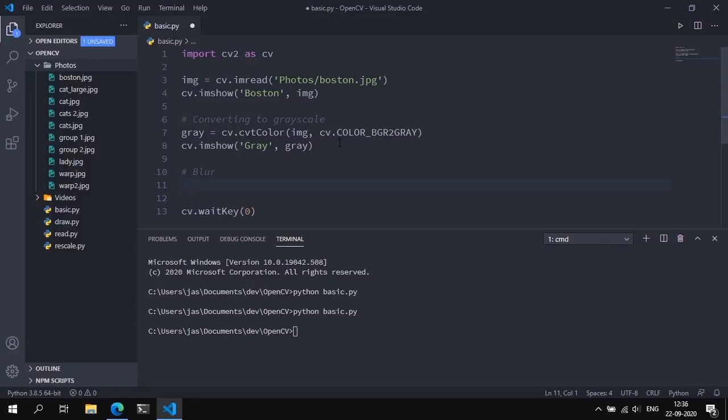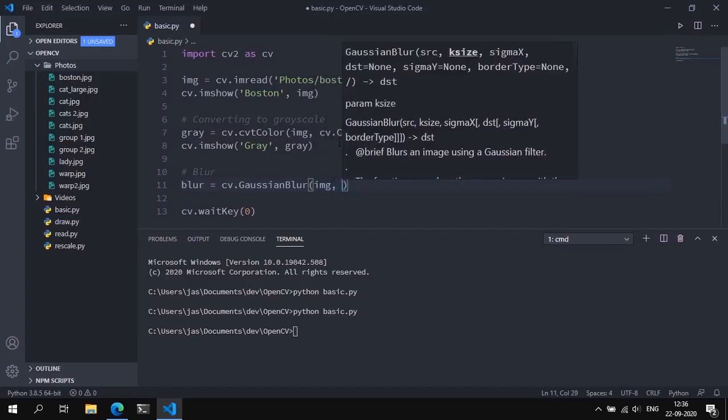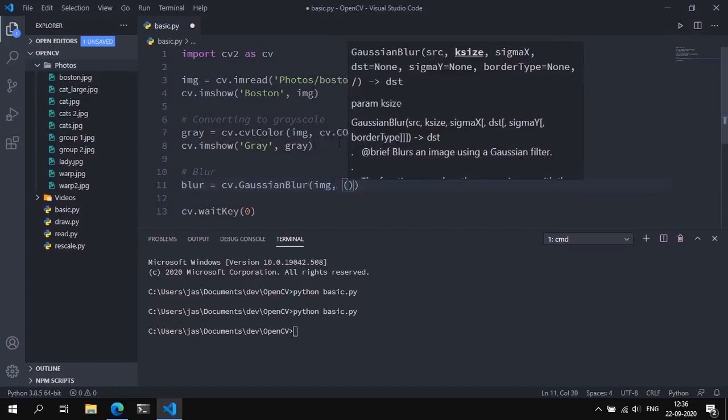There are way too many blurring techniques, which we will get into in the advanced part of this course, but for now we're just going to use the Gaussian blur. So we're going to create a blurred image by saying blur is equal to cv.GaussianBlur. It takes in a source image, which is the img. It will take in a kernel size, which is a tuple, basically the window size that